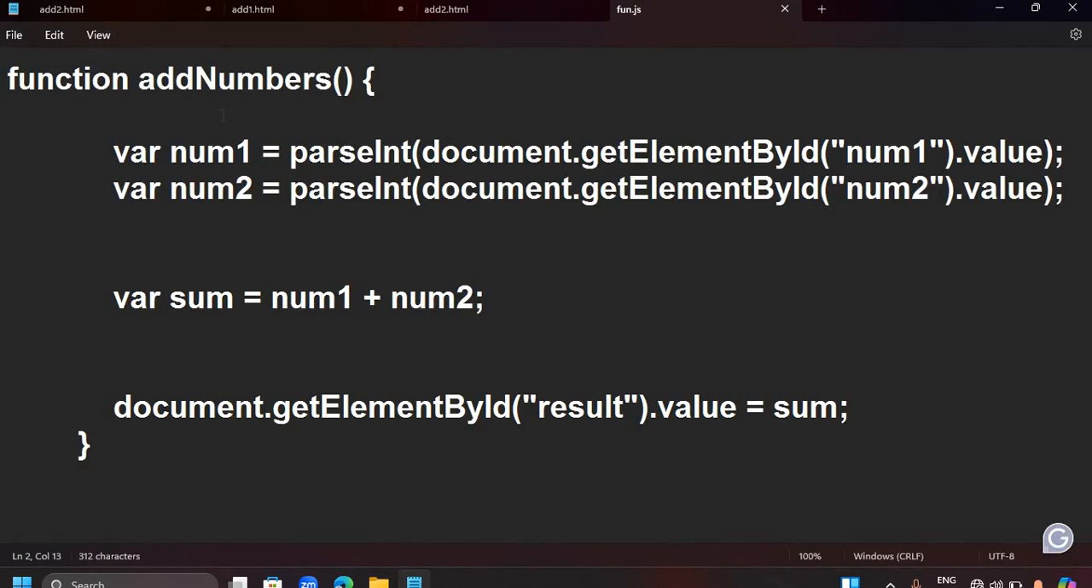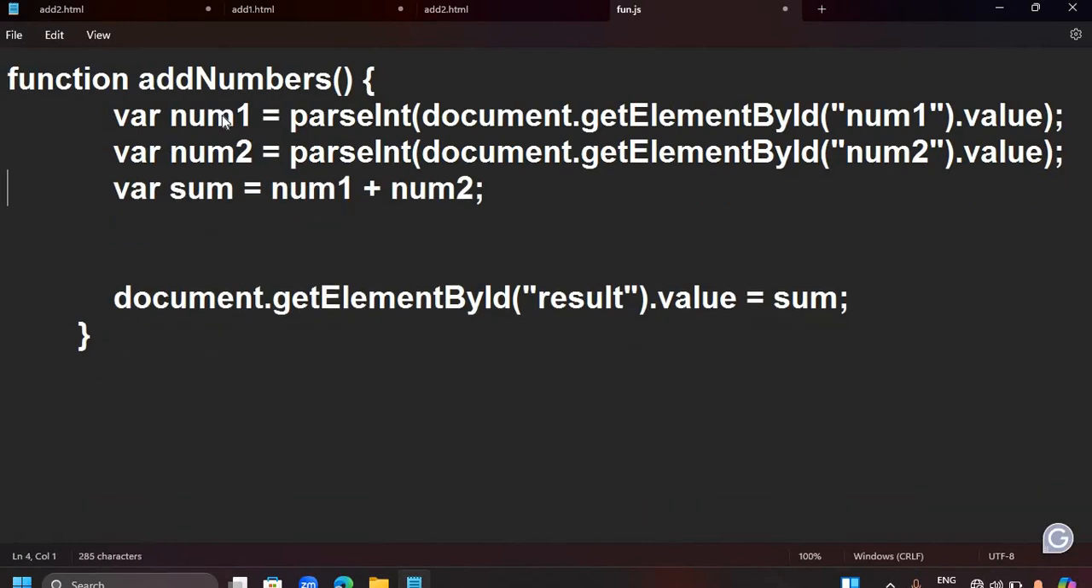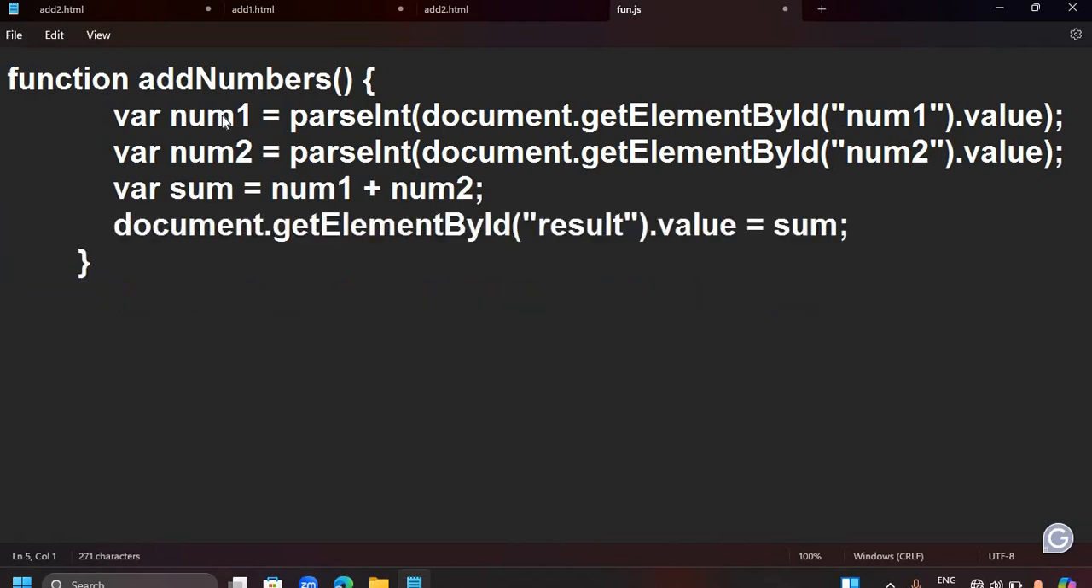In JavaScript, the function which I have written inside the script tag is here. You can find the function which I have written in the script tag is present over here, and I have saved this function as fun.js. Now in the third category,